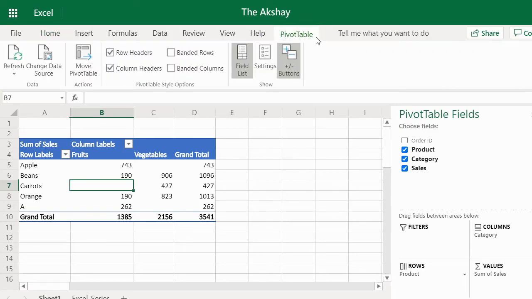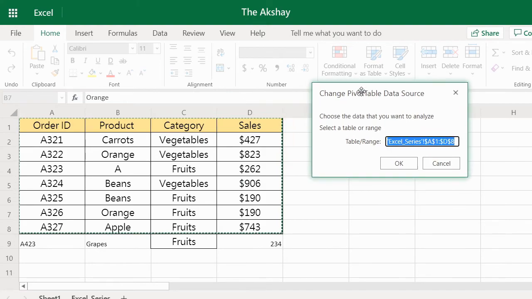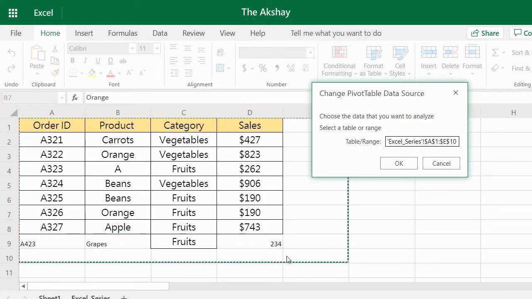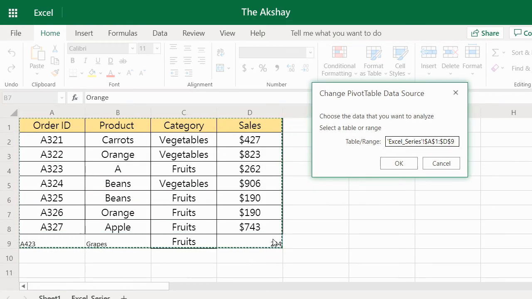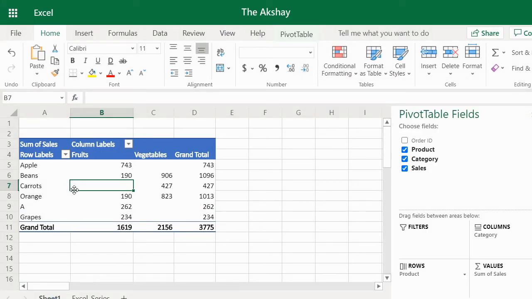It is showing pivot table tab here, but in your Excel, it is Analyze tab. And you can click on Change Data Source. So Change Data Source is basically selecting your table. So I will add this row now and click on OK. And now we have grapes in our pivot table.